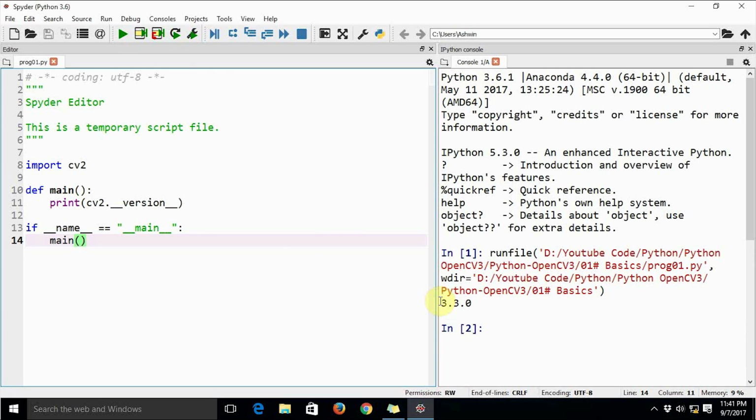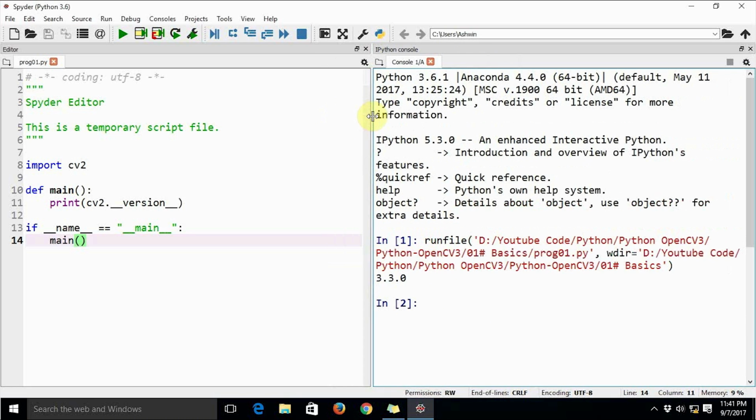This program returns a string. The string reads 3.3.0. By the way, this is the Spyder console. This is Spyder IDE, and I'm using the IPython console for seeing the console output. I have already uploaded a tutorial on my YouTube channel for configuring the Spyder IDE after installing the Anaconda distribution of Python.